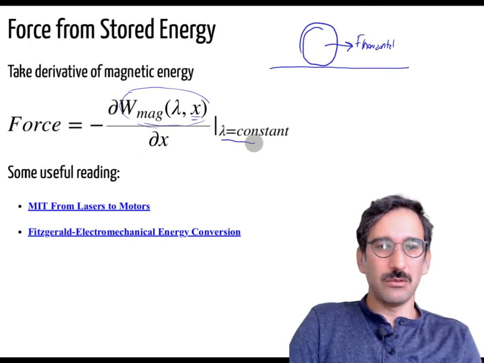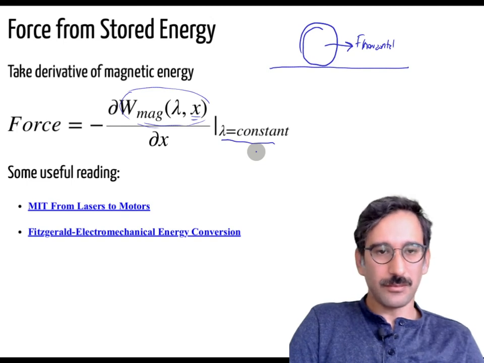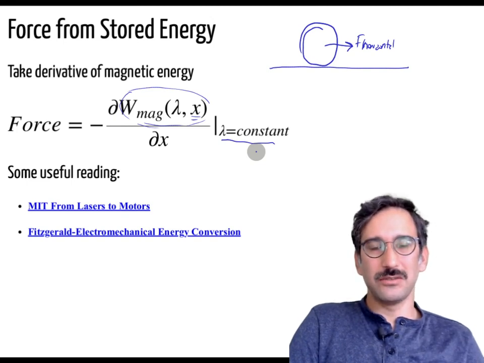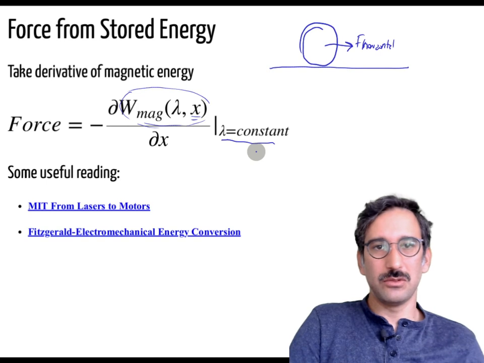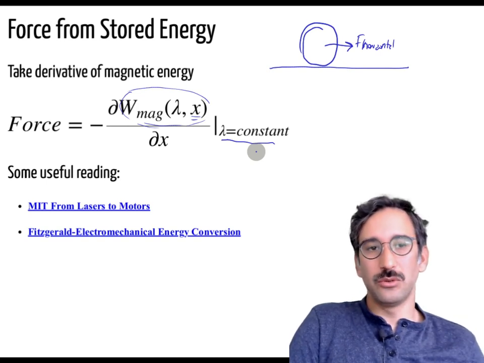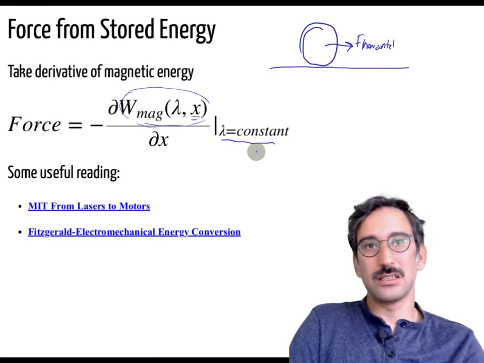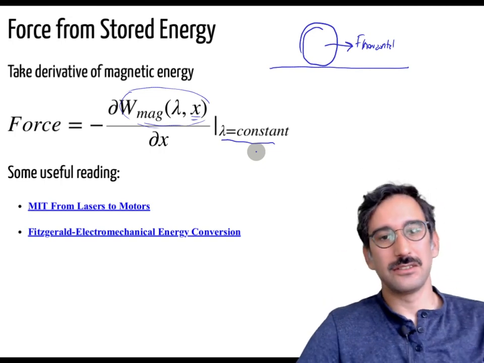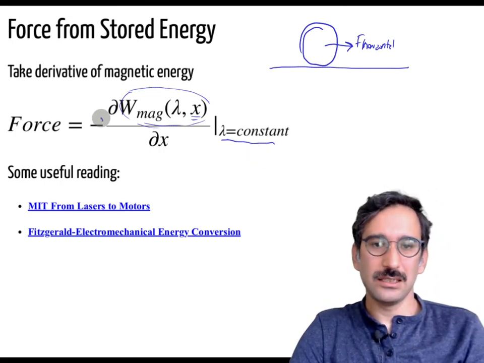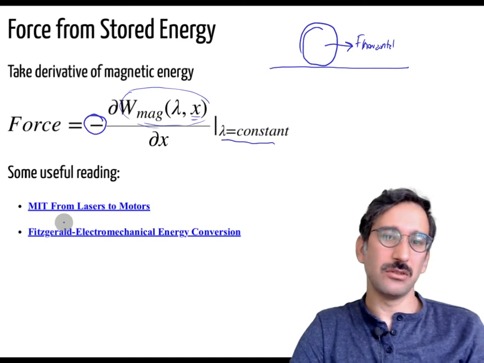And we are keeping our flux constant, because it will not be a fair comparison if you just increase the current during that instance, because you are supplying more electrical energy. Why is there a negative there? That is the convention,